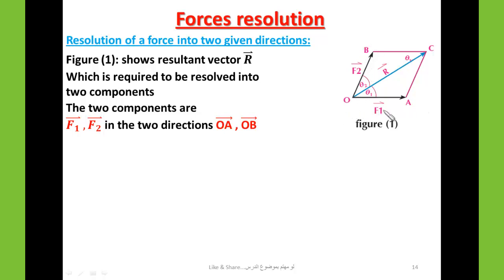The component F1 is in the direction of ray OA, and the component F2 is in the direction of ray OB,